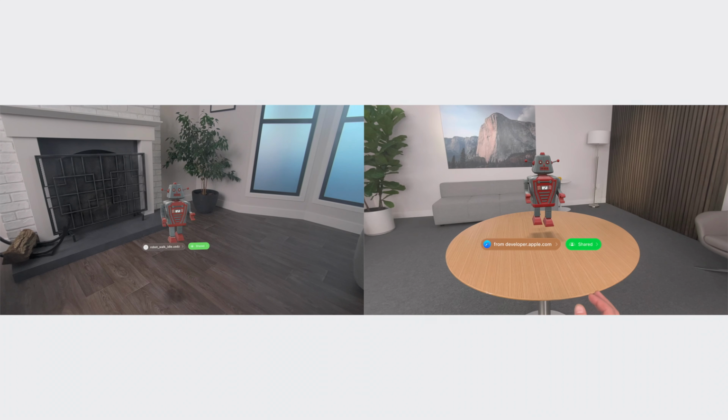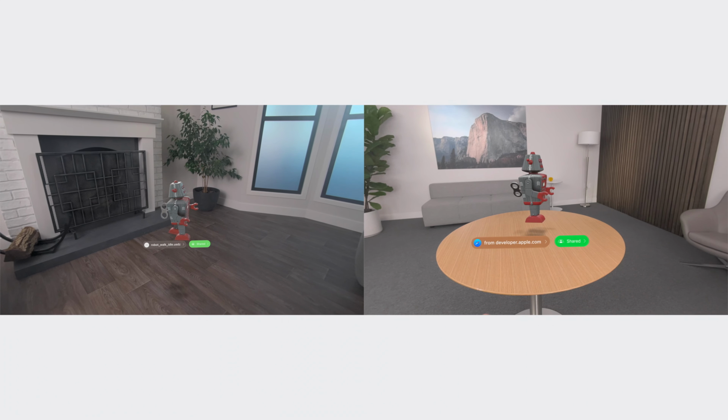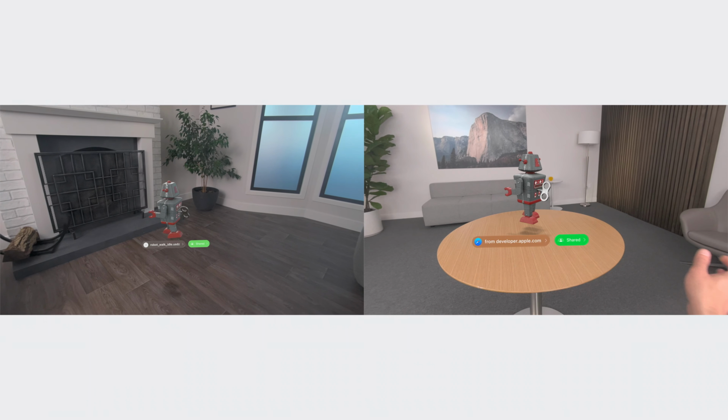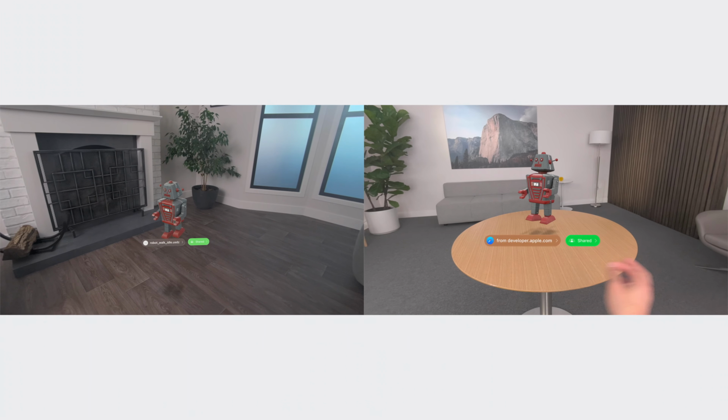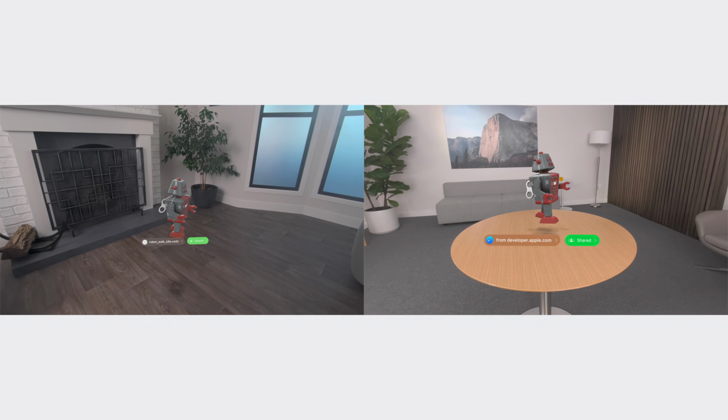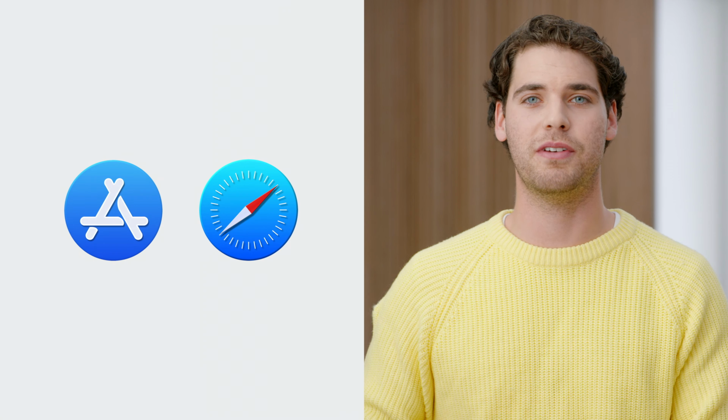Certain file types presented in Quick Look windows offer SharePlay experiences, so you can share a file and view it over FaceTime. When sharing 3D content over SharePlay, Quick Look will sync the 3D model's orientation, scale, and animations. When sharing images over SharePlay, you'll be able to mark up that image together with others. SharePlaying files with Quick Look offers you an easy and simple way to collaborate on files with a group. Both applications and websites can present content in Quick Look windows and take advantage of the many benefits it has to offer. First, let's take a look at how apps can present Windowed Quick Look.